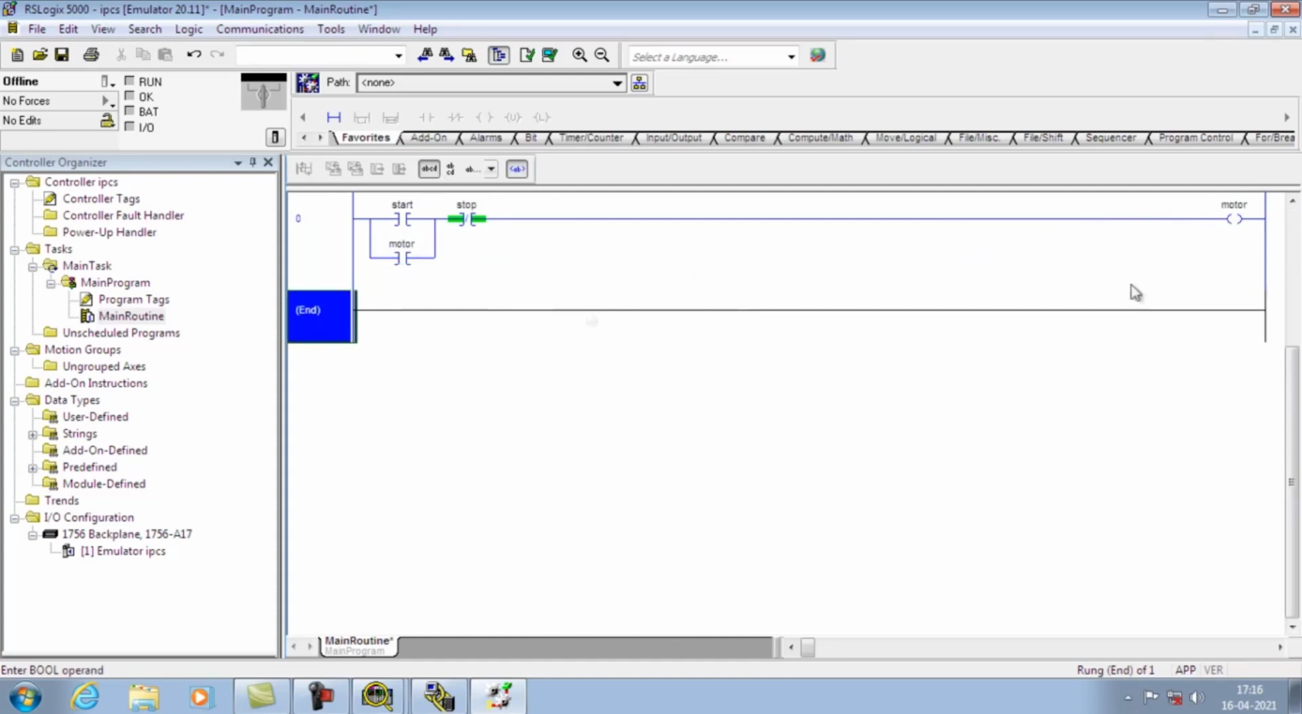So I have just created a simple program with 3 tags. 3 tags are internal tags only. This is not connected to any IO module. So there is no IO module we have configured. We have configured only one CPU, that is an emulator CPU. So we will just download the program. Now we are going to download this program